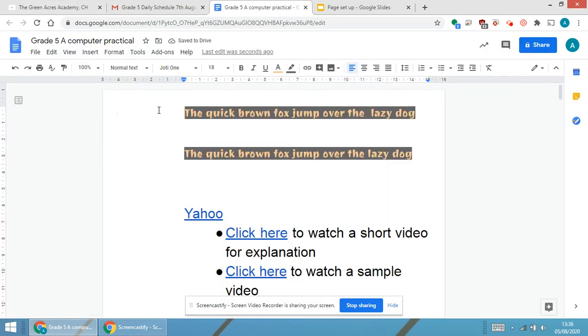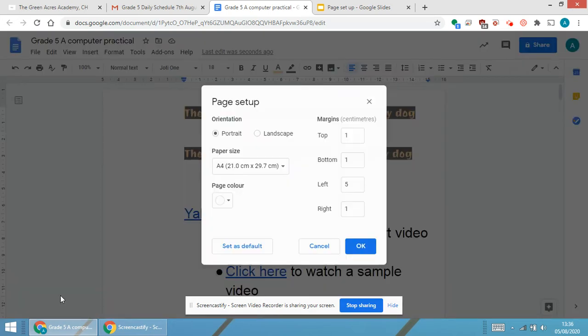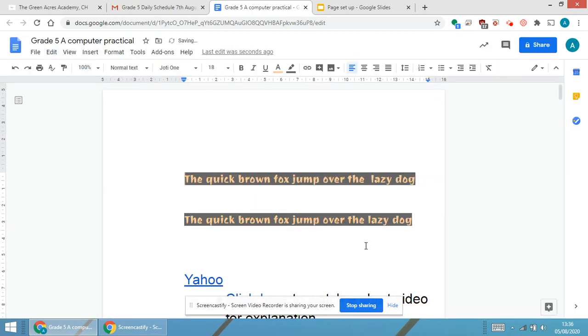See, are you able to see the left margin as 5 now? A huge amount of distance is there. One by one, we will be setting all the margins. Page setup, moving to the top. Top also I'm giving as 5. See what will happen. The top page will scroll down to 5.